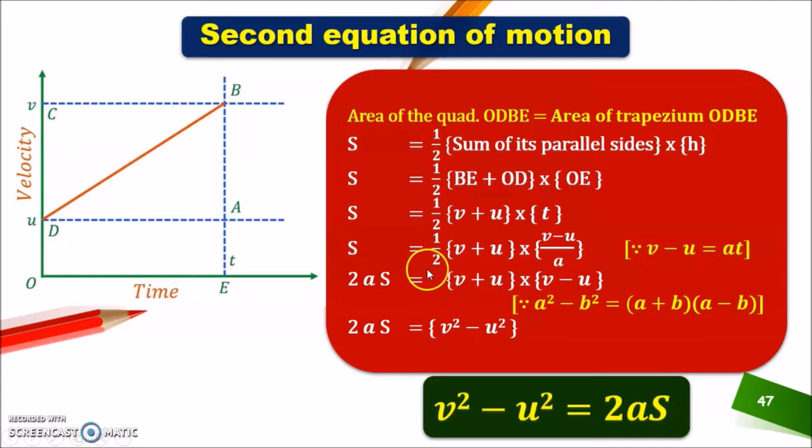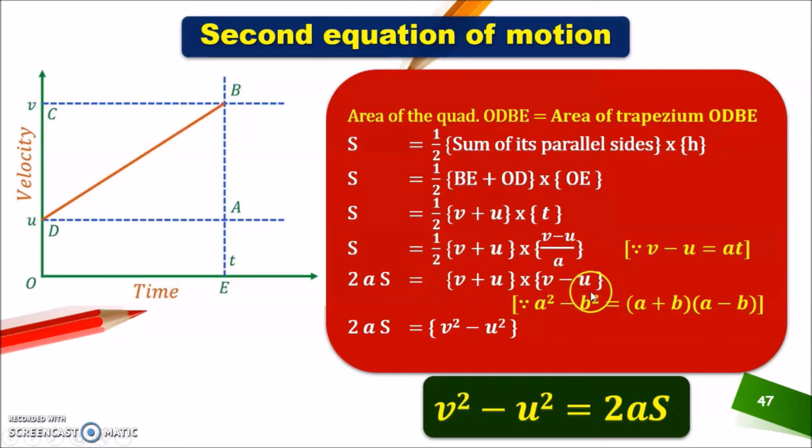So we are moving this 2a from here to the other side, the LHS, left hand side, right? So we have 2as on the LHS and (v plus u) multiplied by (v minus u) on the RHS, right hand side. So I think this step or this